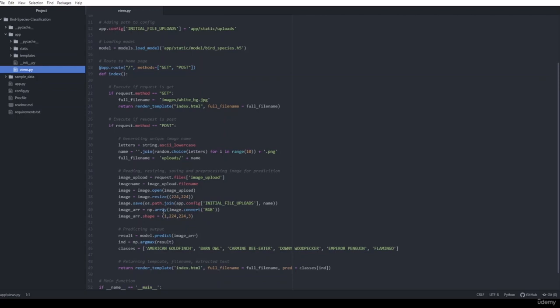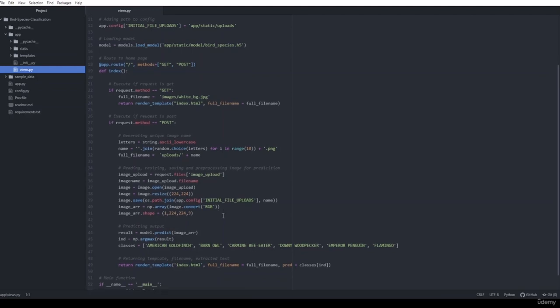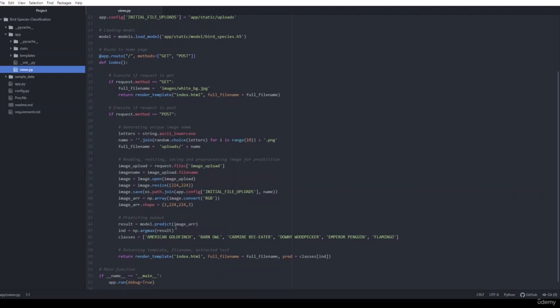Then we are converting it into a NumPy array and changing its shape into 4 dimensions. After that, we are using model.predict to predict this image and save the result in the result variable. And after that, we will use the ind variable and store the result using np.argmax.